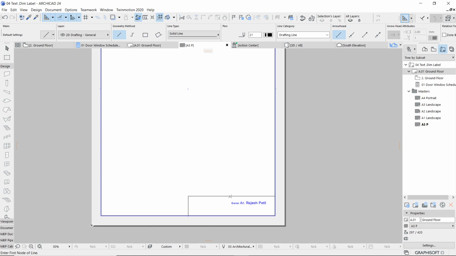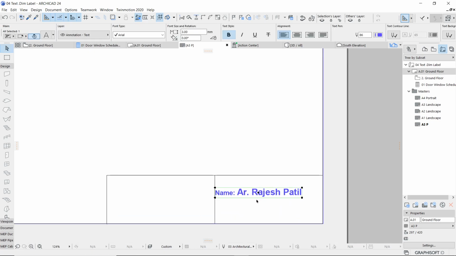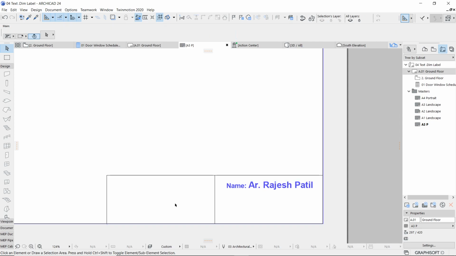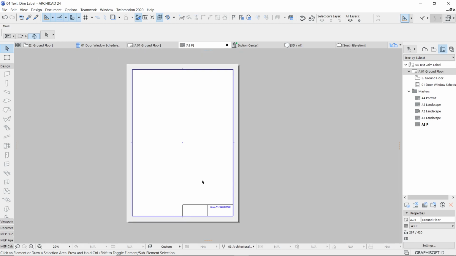And then in a similar manner, if I want, I can add one more field over here. And then I might even rearrange this. Of course, one should try to put a proper nameplate with all the needful things. Later we'll see how you can type automatic text over here, that is the project name, client's name and all those stuff. But at present, this is how I have redefined my master.